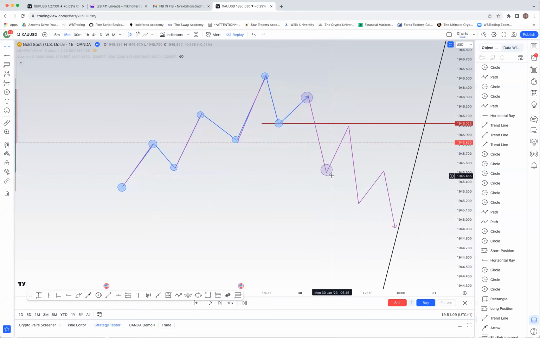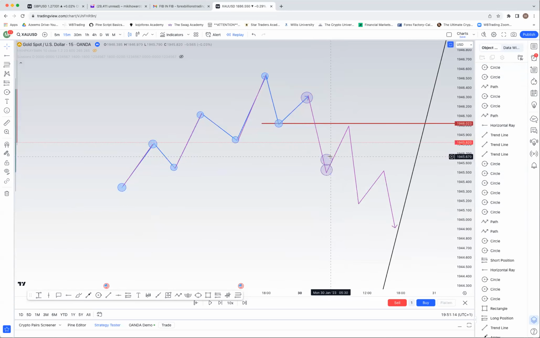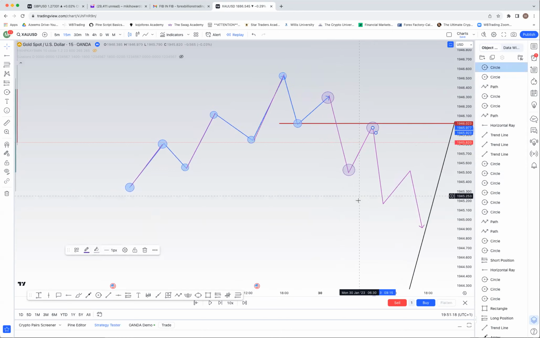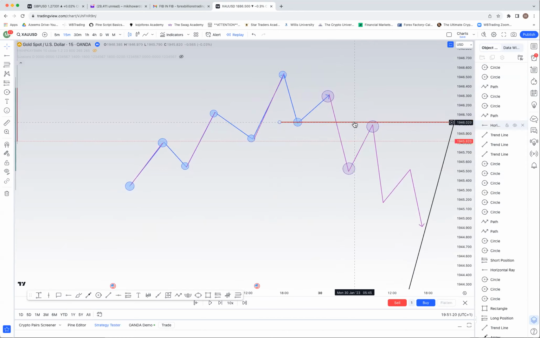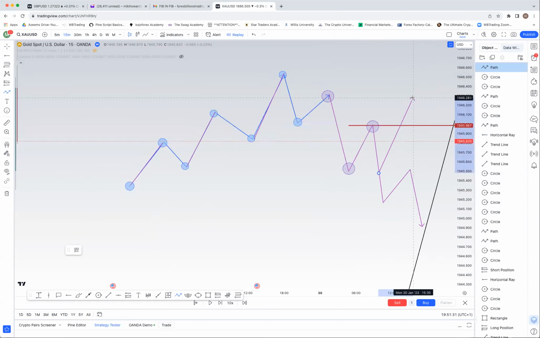So when it retraced to this point, if we break above that retracement, at the time price was here, let's say when price was around here, we break above this and we close above. Then it means that because we've broken above the retracement, the trend has changed, exactly.